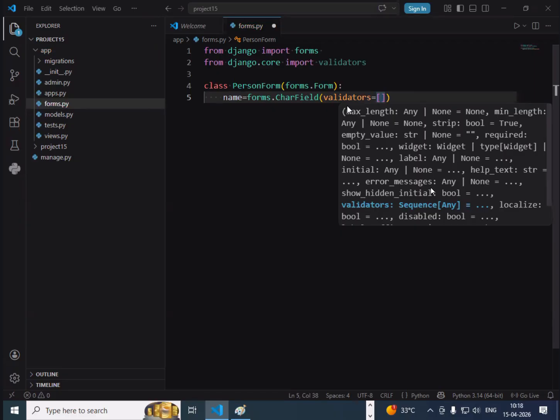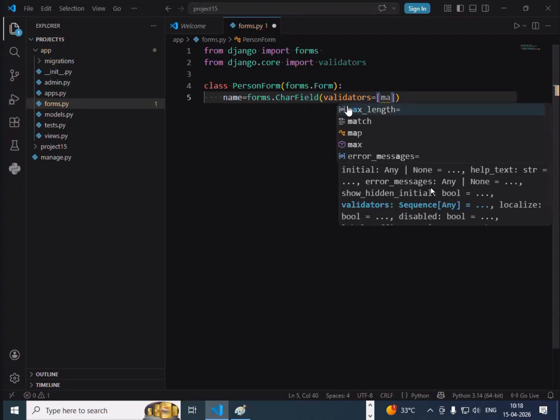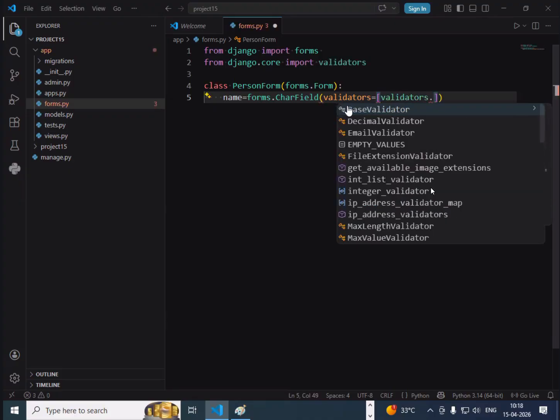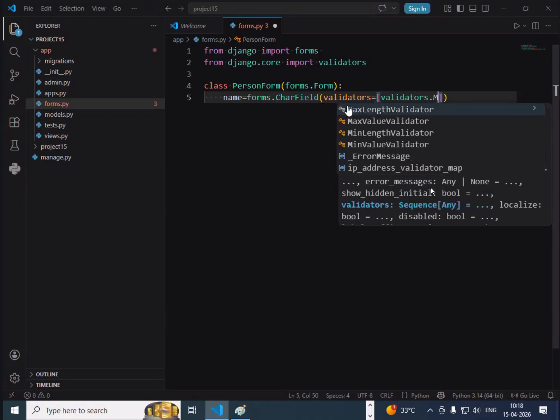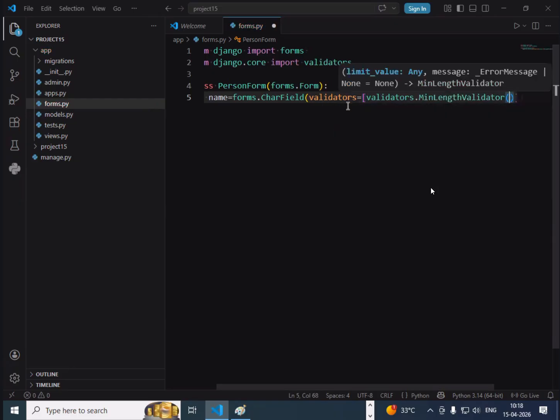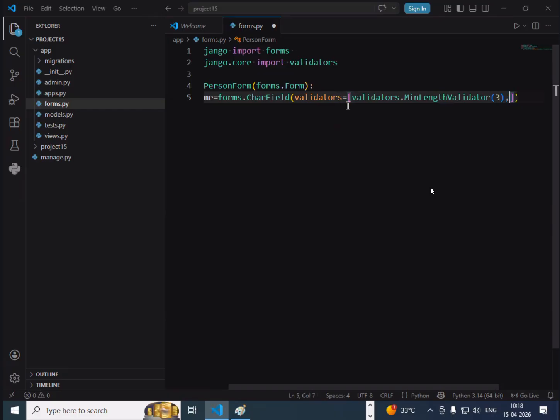Validators.MinLengthValidator. The minimum length of a name should be at least three letters, comma,